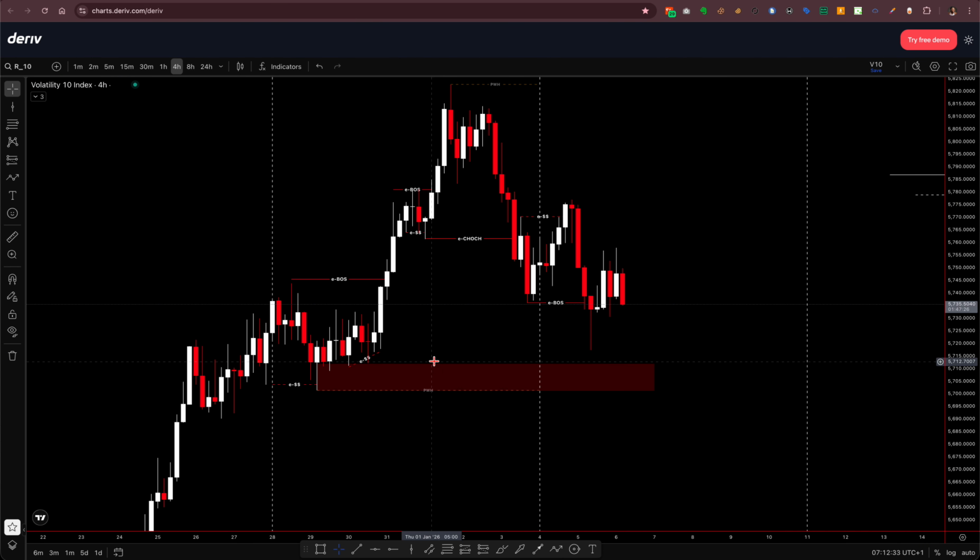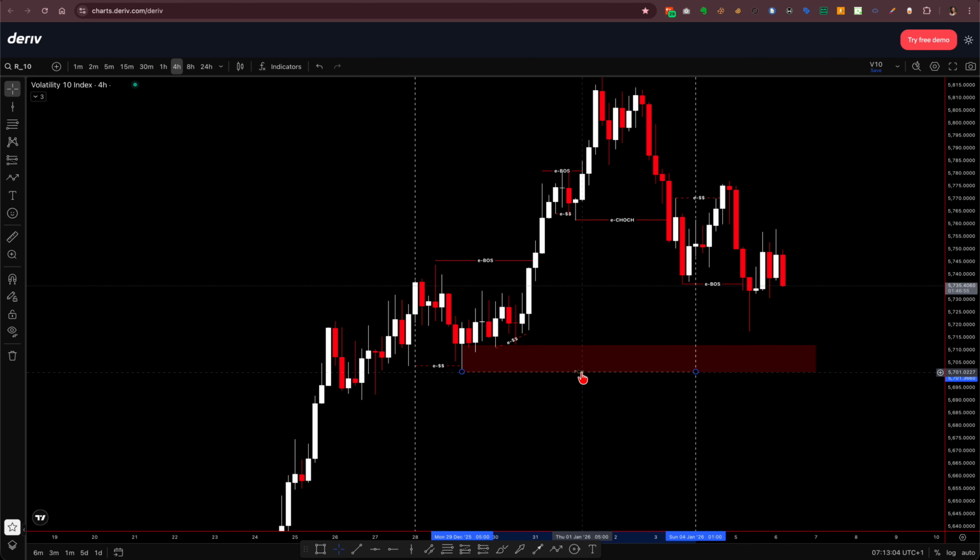and with this POI here, now when I drew out this POI, I wasn't really sure of what I was saying because I could see that okay, yes, there is a demand zone here, right? There's more like a rejection candle, and there's a rejection block. If I zoom down, there will be structure here that will lead me to another block and all that. But there's sort of a rejection block here, but it looks like it has been tested, right? So when I drew it out, I wasn't sure, but it's still like the surest place I could draw it. But now seeing that there is a zone here, which is the previous weekly low,